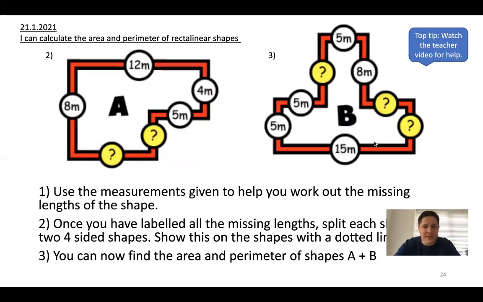Now, this one I find really, really interesting. You can see shape A and shape B, and you've got some measurements given in meters for the lengths of those sides. They're not to scale, but that doesn't matter. And then you've got two missing sides. Now, you need to use the information that you've got in white to find the ones in yellow. So for example, if this one is 8 meters, and you know up to here is 4 meters,